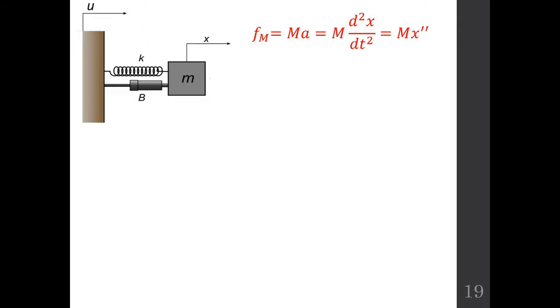Now here this body is connected to the spring and the dashpot between these two points, that is u and x. So the equation for this spring and dashpot will be a little bit different, because these two elements, the spring and the dashpot, are connected between u and x. So in that case, the opposing force applied by the spring can be represented as k into x minus u. Here we are considering that x is greater than u, so the displacement of this spring can be represented by x minus u.